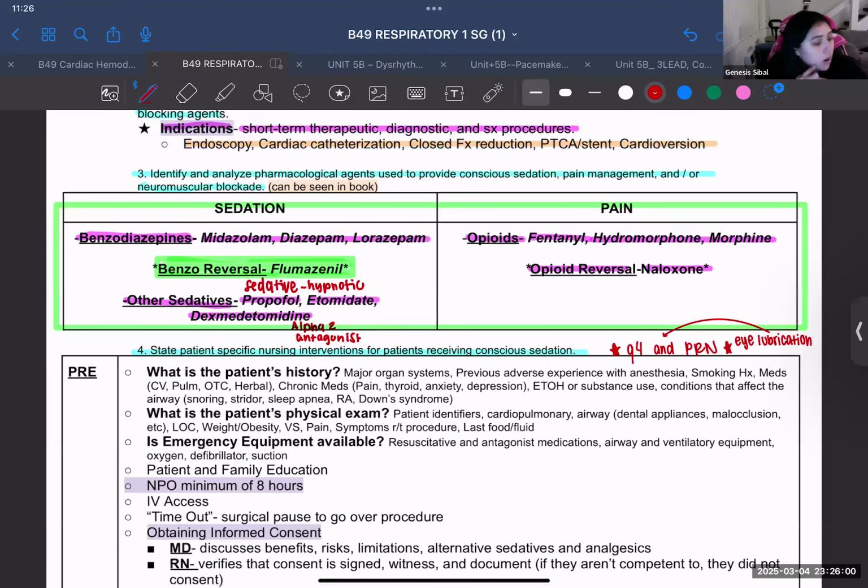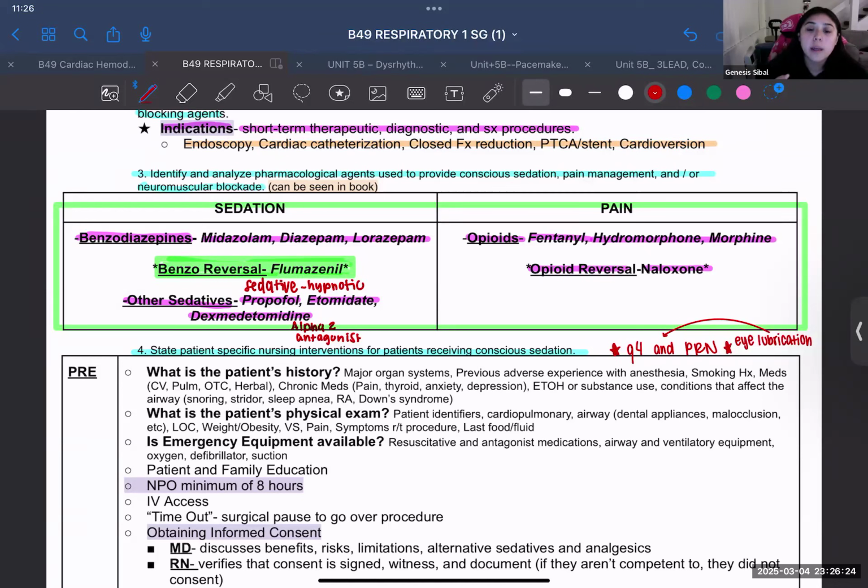The last two things I'm going to harp on are probably just sedation versus pain meds. Sedation, benzos, right? So if you're sedating them, you can give them benzos. We talked about the SUX, that's the neuromuscular blockade agent, right? That one's the short term. That one has the contraction, so it's depolarizing. So basically, benzos, that's what you give to sedate them.